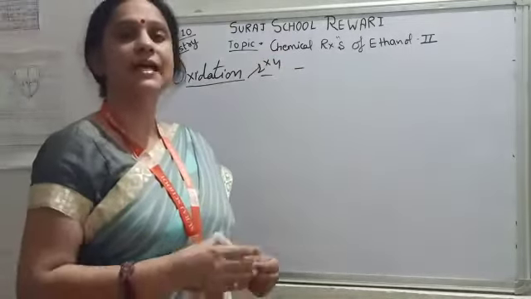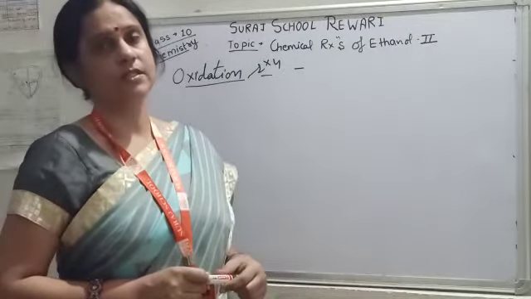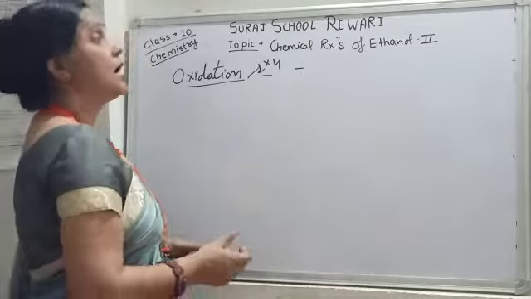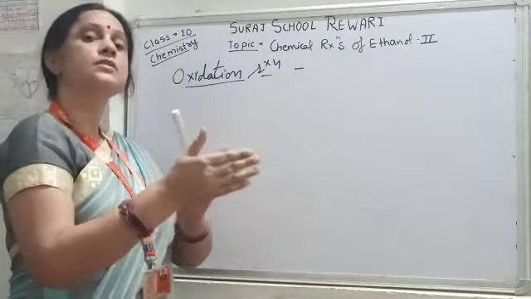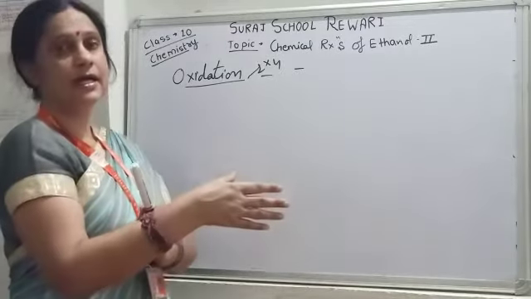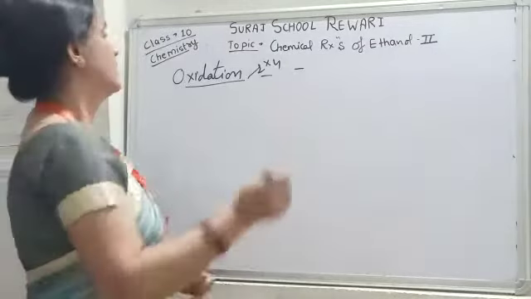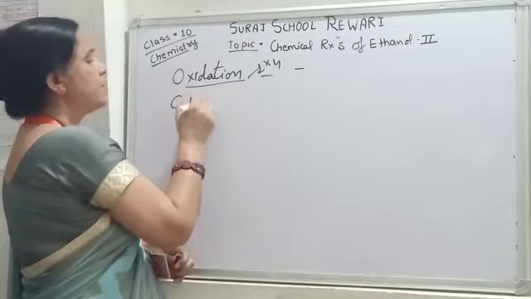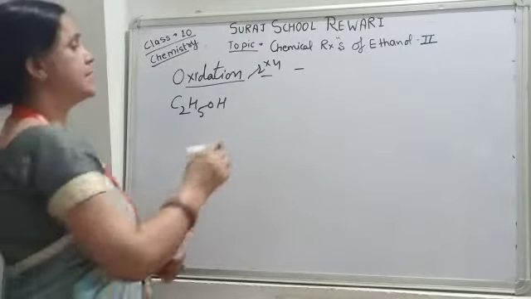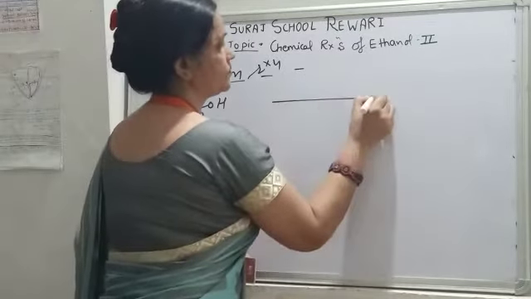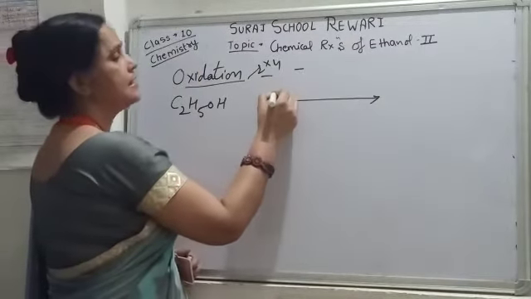Oxidation means addition of oxygen in a compound is called oxidation. So here our compound is ethyl alcohol. If an oxygen atom is added in ethyl alcohol, that is called oxidation of ethanol. For the oxidation of ethyl alcohol, we need an oxidizing agent. And here the oxidizing agent is